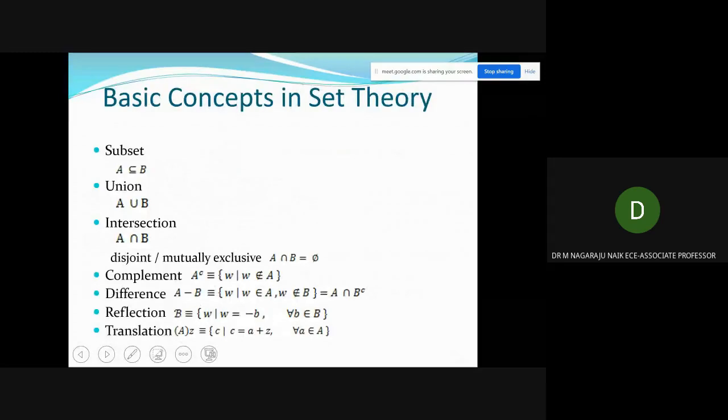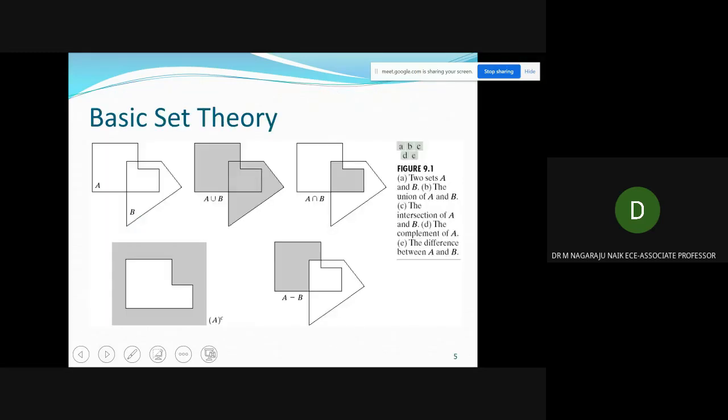Okay, now these are subset, union, intersection, disjoint. If A intersecting with B equals phi, it is a null condition. Then complement, difference, reflection, and translation.